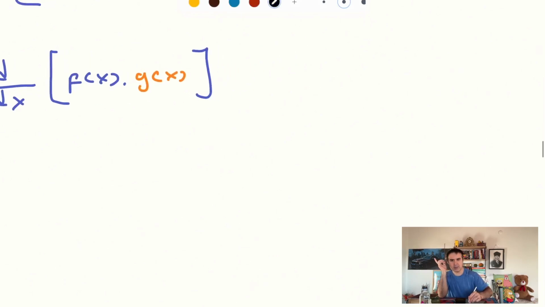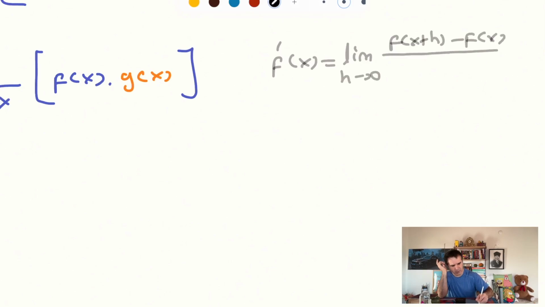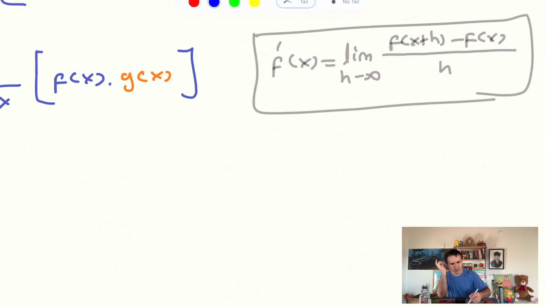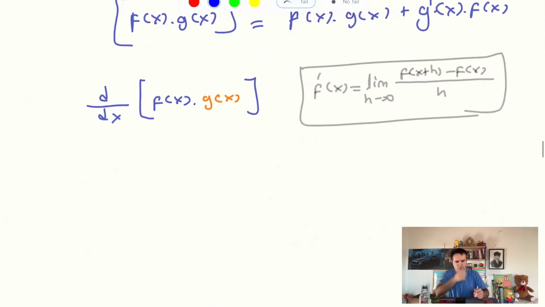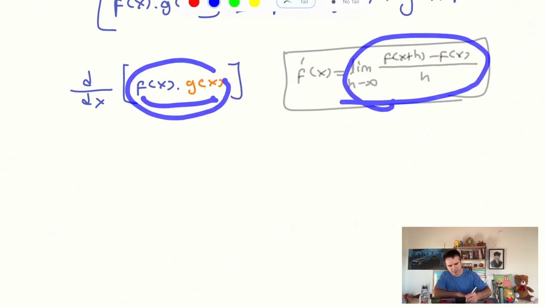We know the limit definition of a function. If f of x is our function, then f prime of x is equal to the limit as h goes to 0 of f of x plus h minus f of x over h. This is the limit definition of the derivative. So our function here is f of x times g of x. If we use this limit definition for the function f of x times g of x, then we should write that